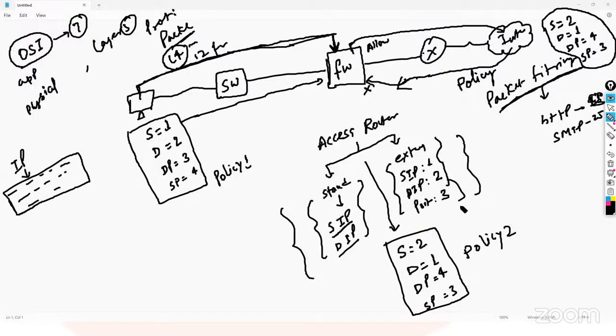So in access or packet filtering, this is how we need to create the traffic. Otherwise, it won't work. So we have to create a policy 1 and a policy 2. The traffic goes outside and comes from outside. Now think about a scenario wherein